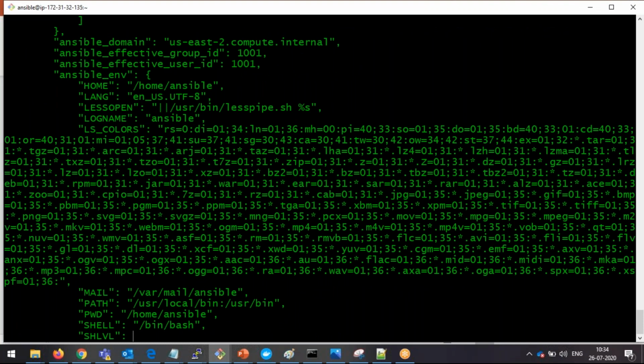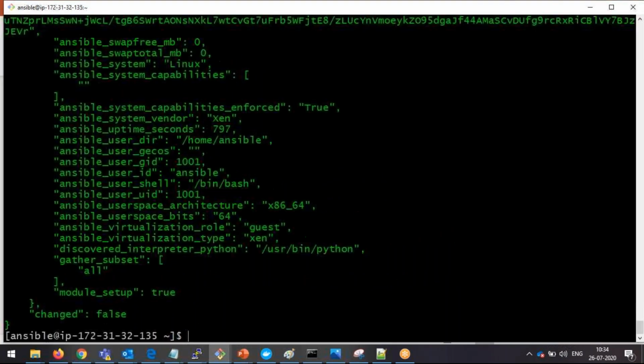Now here you can find the properties of my servers. So let's see here. You can see all the properties: user group ID, user ID, user shell. Right. So when I want to know the machine user ID, this is the property we need to use, ansible_user_id, so that it is going to give you